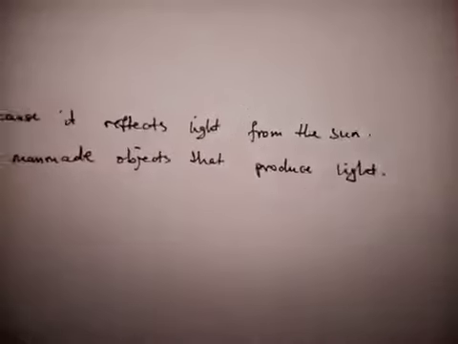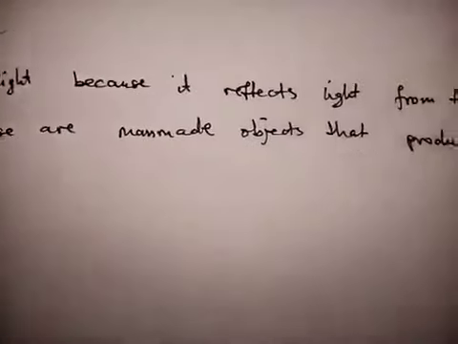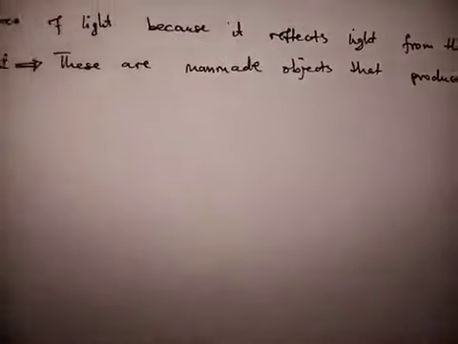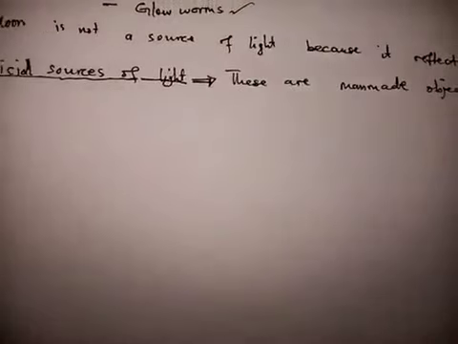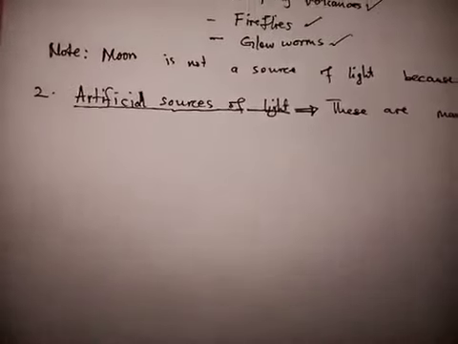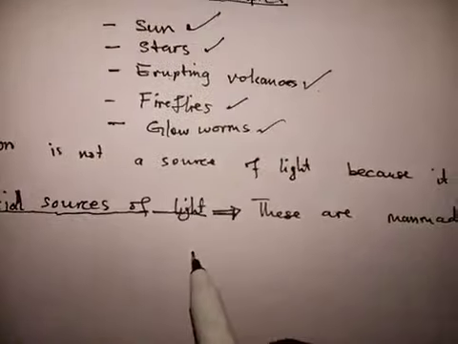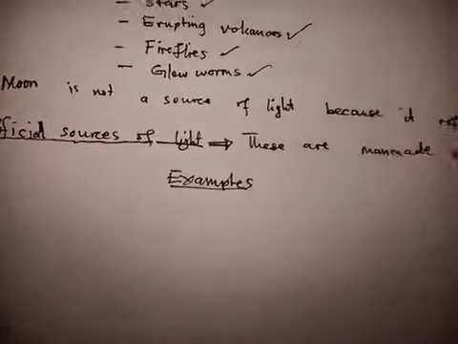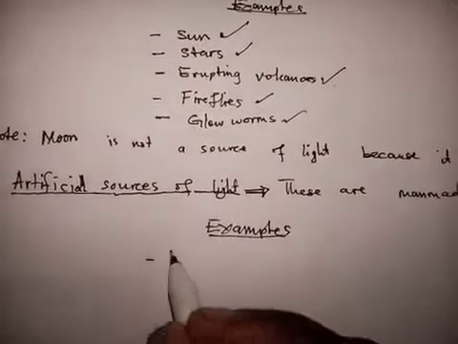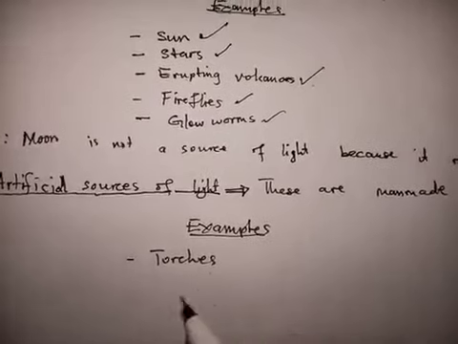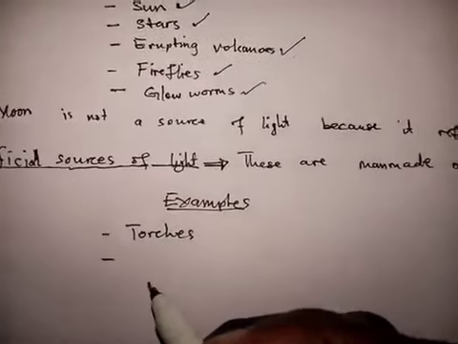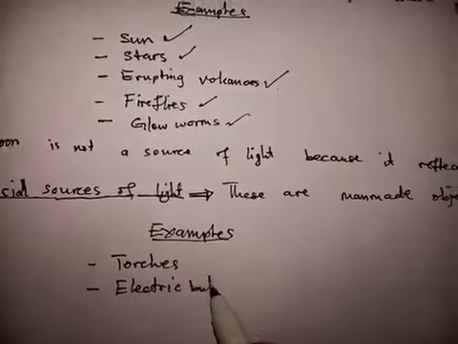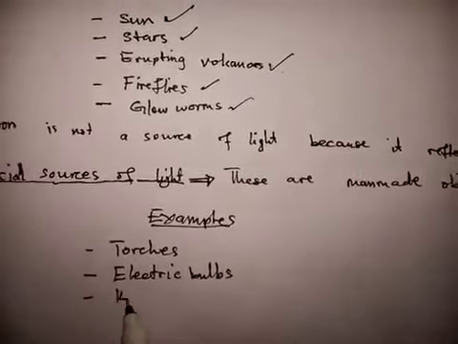So these are things which produce light, but when they are made by people. So the objects which people make to produce light, these are what we call the artificial sources of light. So we may have examples of artificial sources of light. We have torches, we have electric bulbs, we have kerosene lamps,